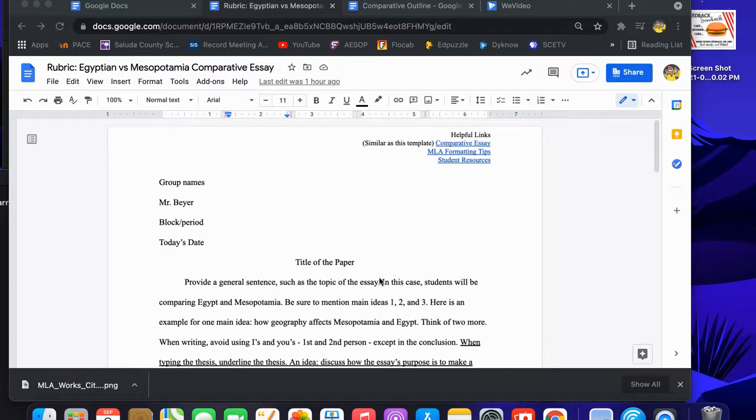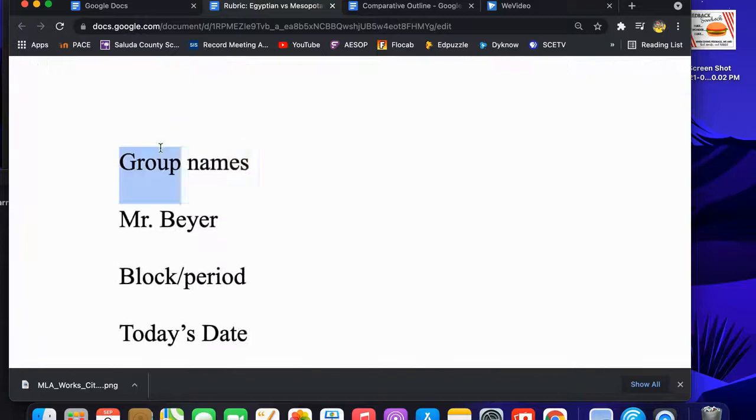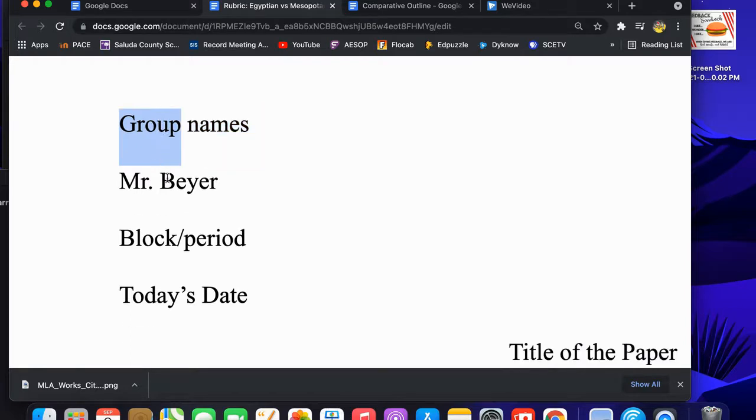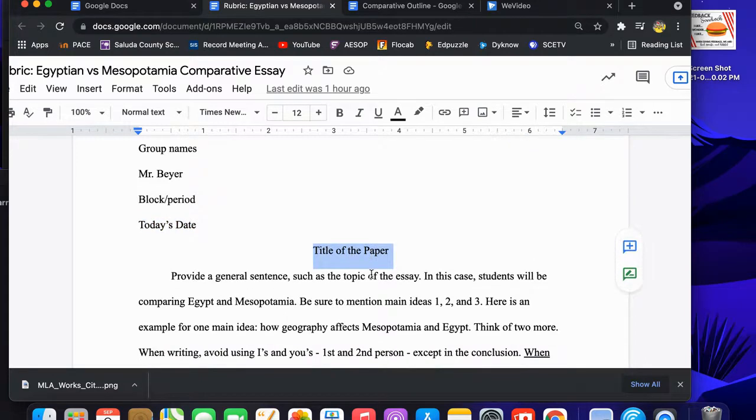Project. So this is called Rubric, Egyptian versus Mesopotamia, Comparative Essay. So remember, this is going to be a group project. So you could be creative and give yourself a group name, a really creative group name. It doesn't matter. And then you put your teacher's name, then the period, then put the day, the month, then the year here. And also, you can have a creative title as long as it pertains to the Egyptians and